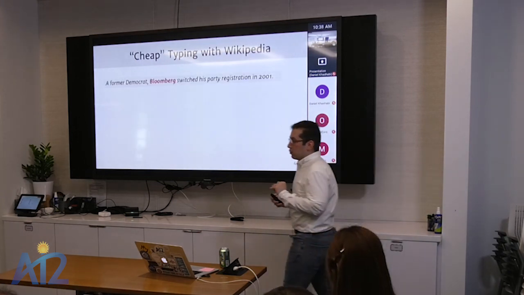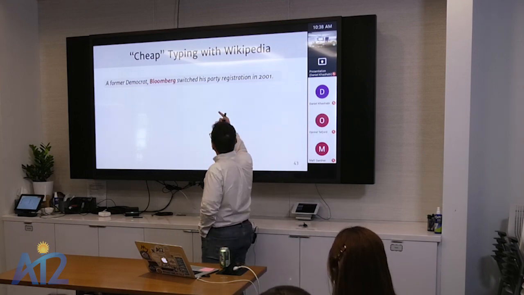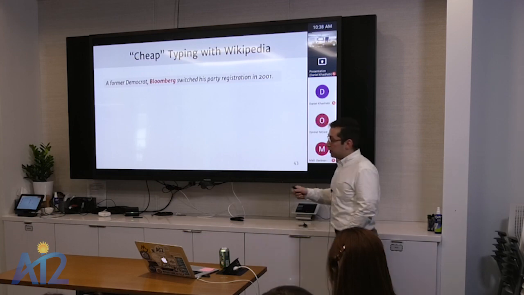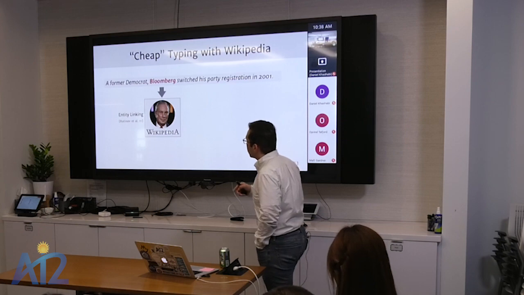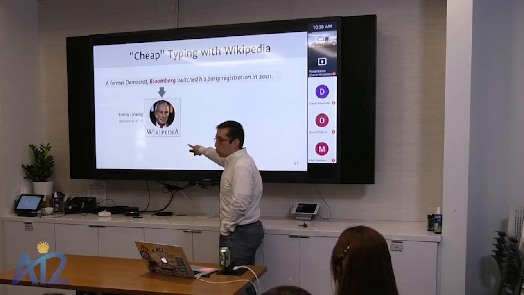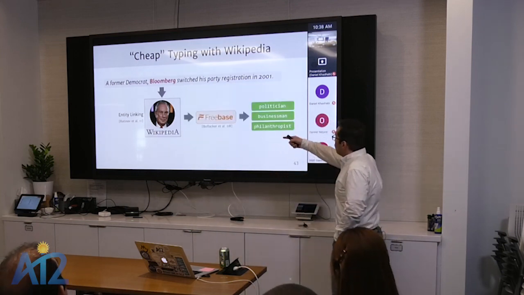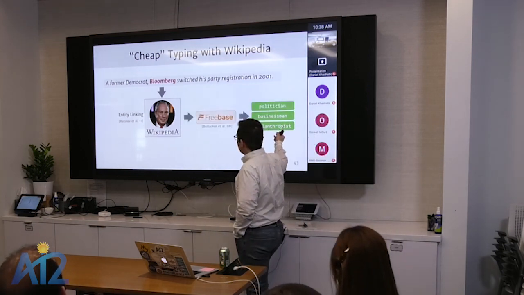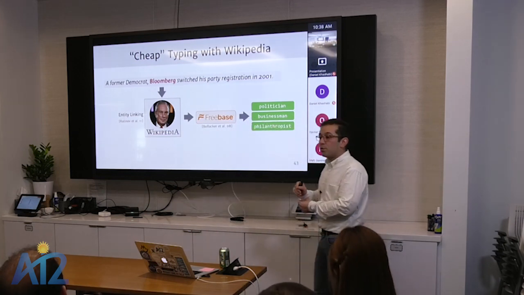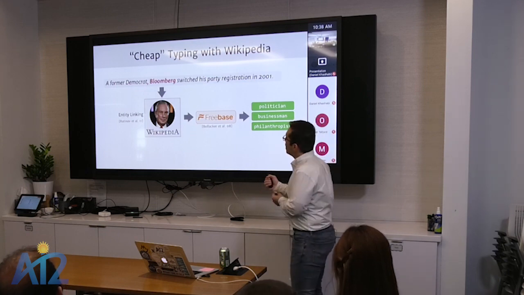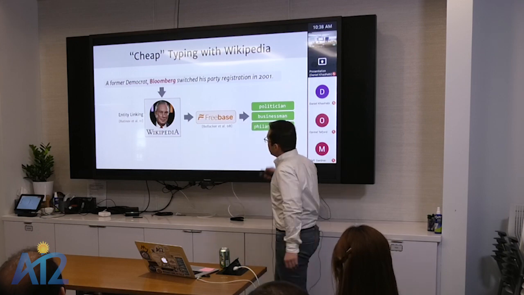What is an easy way of solving this? Take this sentence: A former Democrat, Bloomberg switched his party registration in 2001. One easy thing you can do is map the mention of Bloomberg via entity linking systems to the page that expresses Bloomberg. And you can use resources like Freebase to map this page to a bunch of types that are expressed by this concept. Well, this is good, and in fact, it is sort of compatible with the first argument that I had, because it doesn't really use any dataset-specific supervision. But the problem here is that